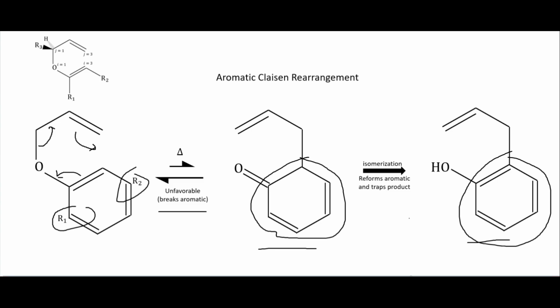As I said, there are other types of Claisen rearrangements, but they are all going to be this 3-3 sigmatropic rearrangement. It's just going to depend on what else is on our molecule right here. But anyway, that was everything I wanted to talk about for the